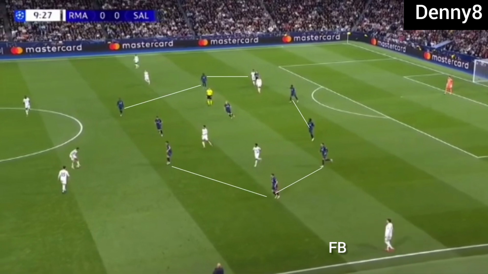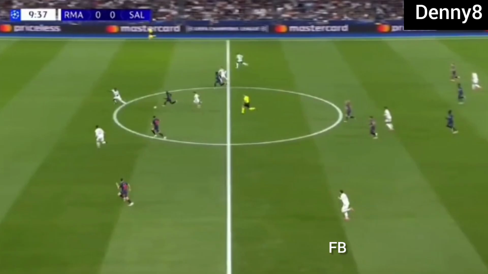Salzburg's compact shape was not giving space to Real Madrid's midfielders. You might have noticed on a couple of occasions that when Real Madrid's pivot was playing a vertical pass, then due to Salzburg's vertical shape, Real Madrid was losing ball possession. See here, Real Madrid's pivot played a vertical pass and the pass got intercepted because both the fullbacks of Real Madrid were high. So when the turnover happened, the wide zones were completely open and Real Madrid was facing a 2 versus 1 situation in transition.